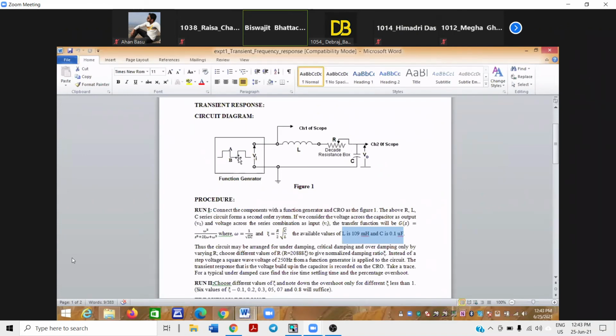Rather, it will be replaced by a pure sine wave, whose frequency will be varied. When we vary the frequency, keeping the amplitude fixed, our output will change, because the output is a function of frequency: the transfer function is a function of s, and s is equal to j omega, so it will be a function of omega. So when we vary the input frequency of the sine wave, we will get different outputs, and somehow a frequency response can be found.